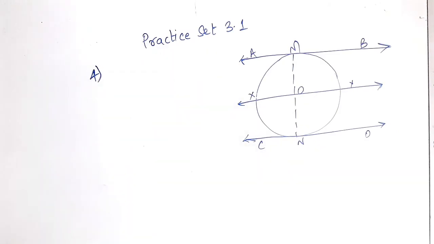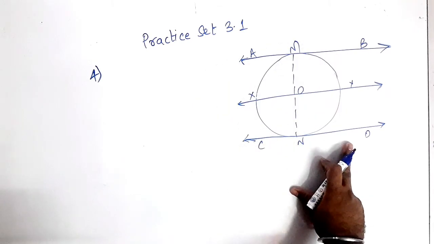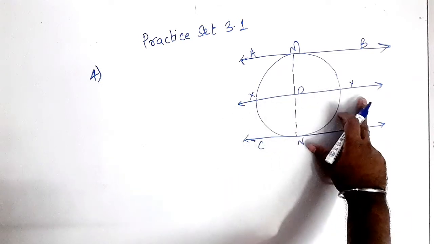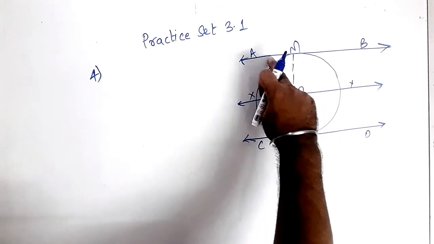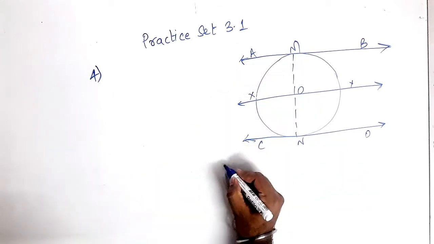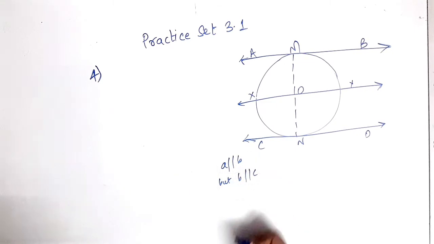Question number 4 says, what is the distance between two parallel lines when the radius is 4.5 centimeter. Okay, so what we have done is we have drawn two parallel lines, and then we have drawn a line passing through the center which is parallel to any one of them. When I say any one of them, it simply means it is parallel to both. How? Just see. When I say A is parallel to B but B is parallel to C, it simply means all three are parallel. Okay, so this is how we have drawn.